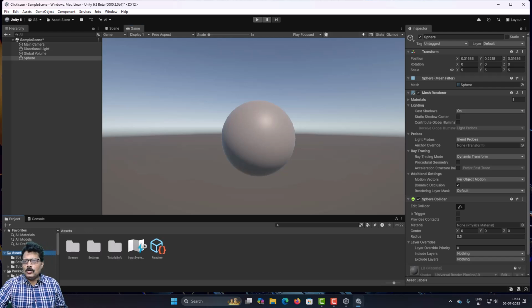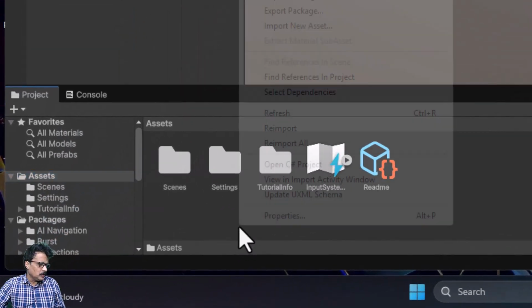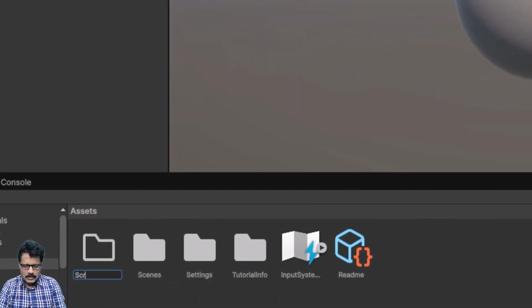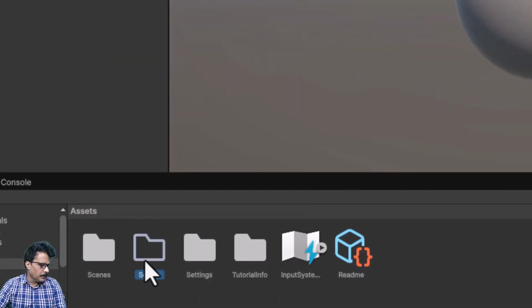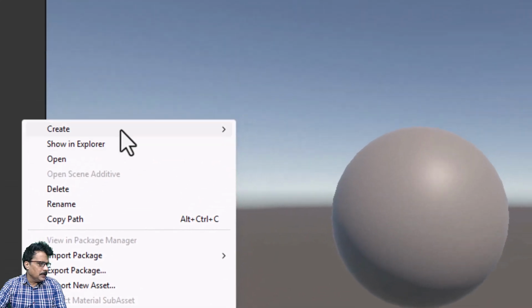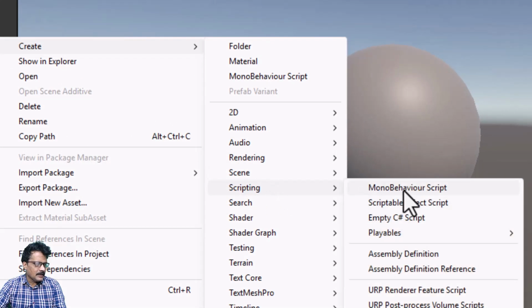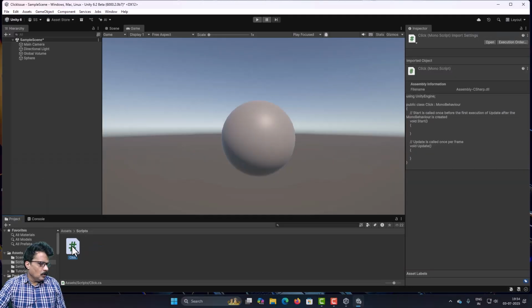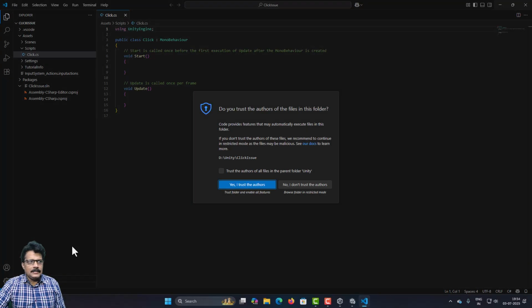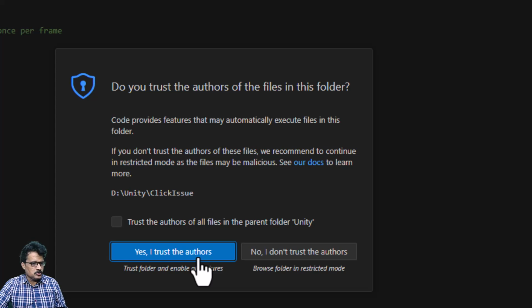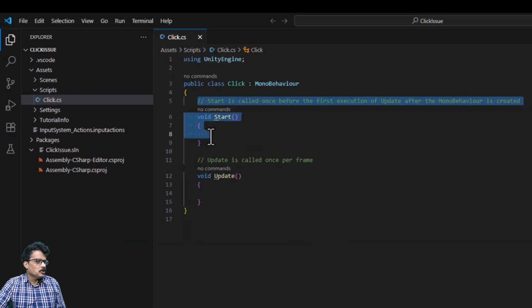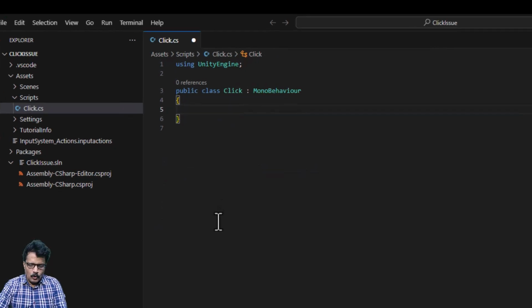Generally in our old version of Unity, we used to come into asset, create folder, and in scripts I am now going to come into create scripting, and I will create a new MonoBehaviour script and I will call it click. Now when I double click and open it in Visual Studio Code or in Visual Studio, for my click event I am going to remove everything in this MonoBehaviour class, and I am going to just